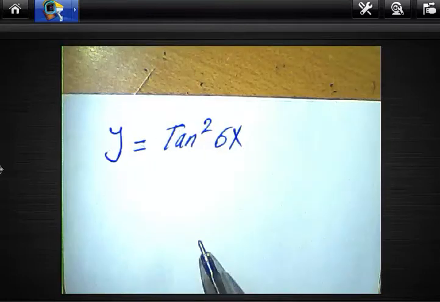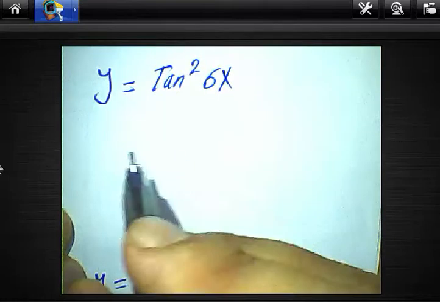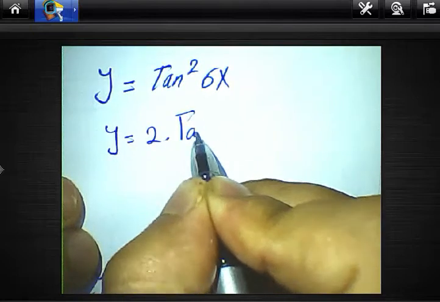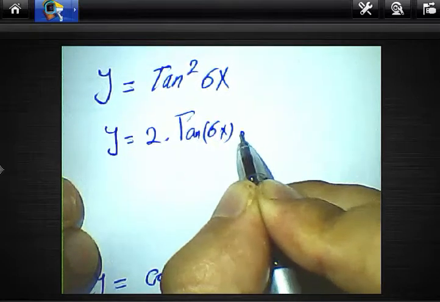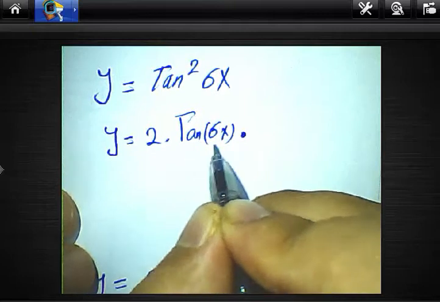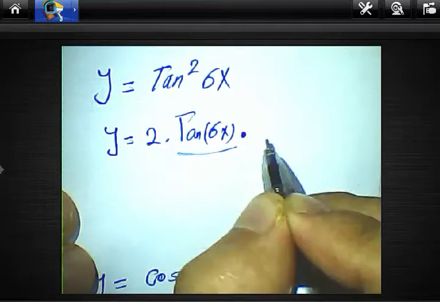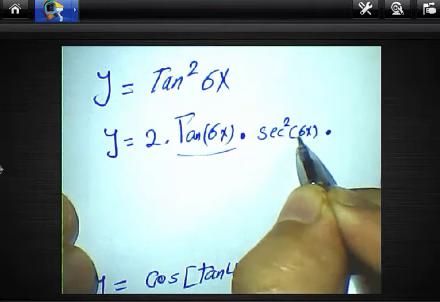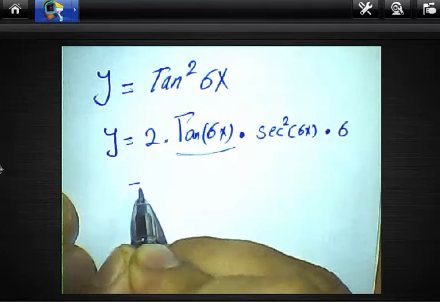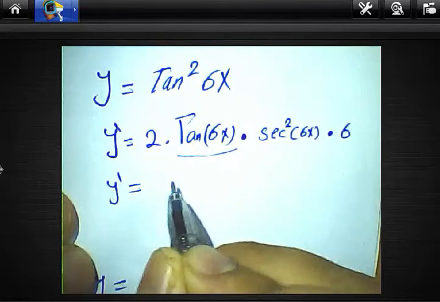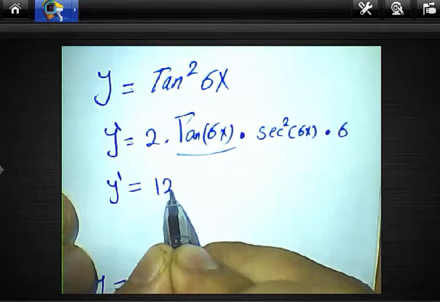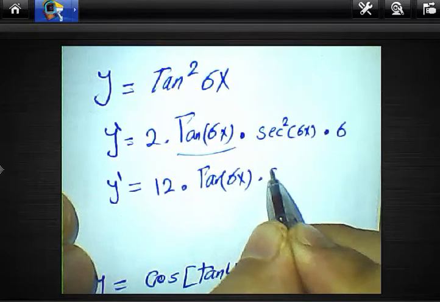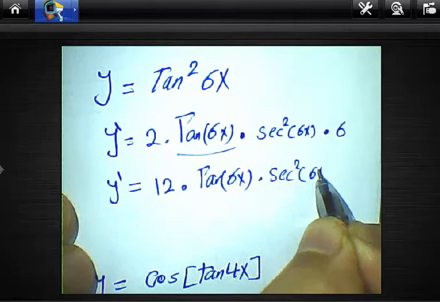In this example, we want to find the derivative about the function. We can drop the power here outside. 2 multiply tan 6x and multiply by the derivative about this trigonometric function. Tan will be sec power 2 angle 6x multiply by the derivative with angle here, which will be 6. So y dash equal 2 multiply by 6 equal 12 tan 6x multiply by sec power 2 of 6x. Okay,